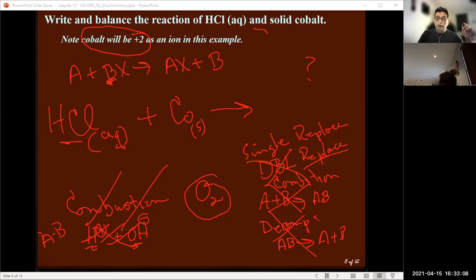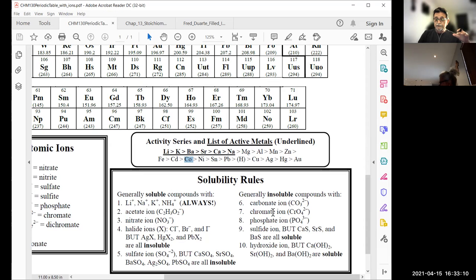There we go. When I go to the activity series, remember that all these metals that are reactive, it's a relative scale, and they're all relative to hydrogen. And the ionic form of hydrogen is H+, okay? And obviously the elemental form of hydrogen is H2, the gas, right? So H plus. So going back to the reaction,